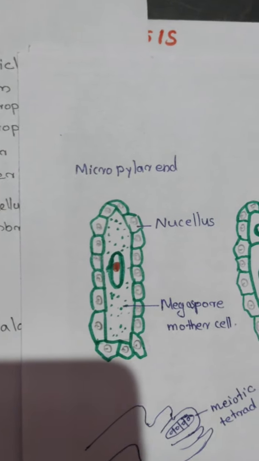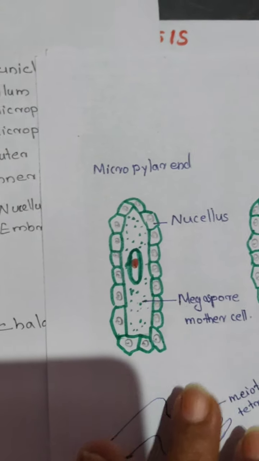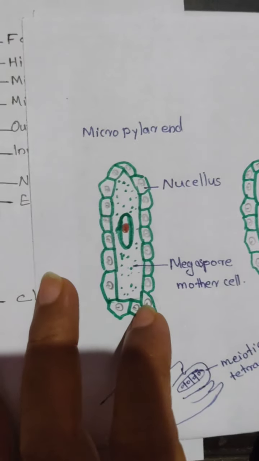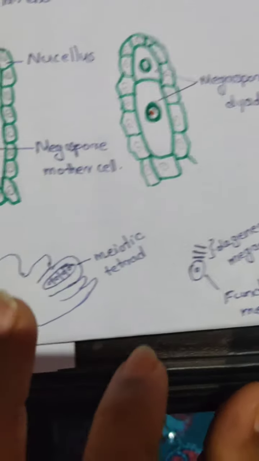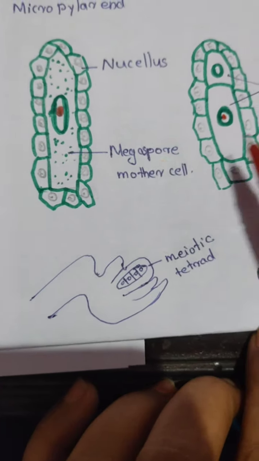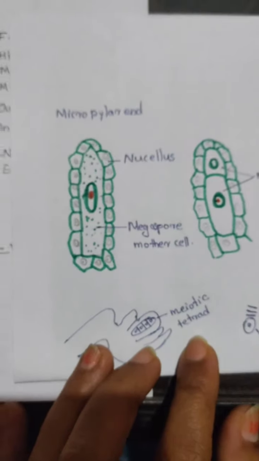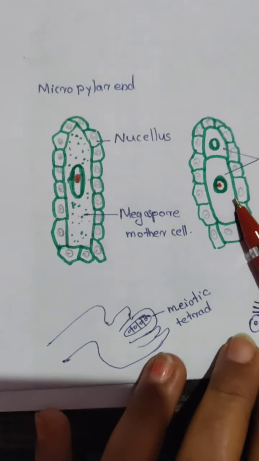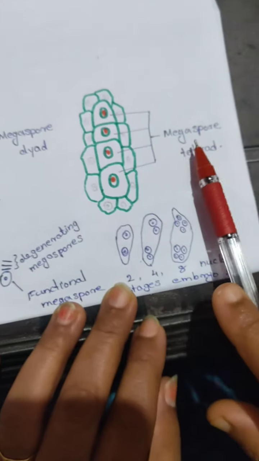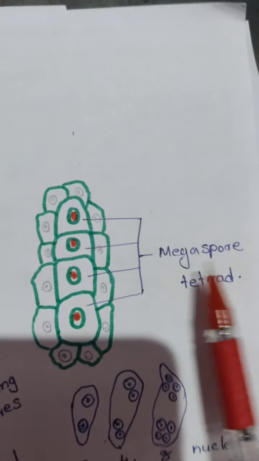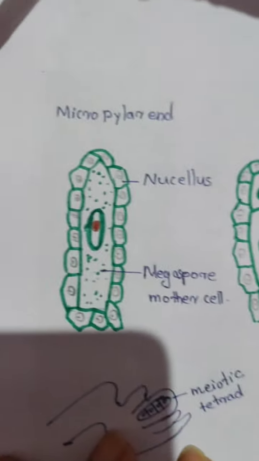In megasporogenesis, we study the formation of megaspores from the megaspore mother cells. This is the megaspore mother cell. From the megaspore mother cells form the megaspores. The single cell undergoes division to form the megaspore dyad, the 2 cell stage. Again, it divides to form the 4 cell stage. This 4 cell stage is called megaspore tetrad. This process takes place in this region,